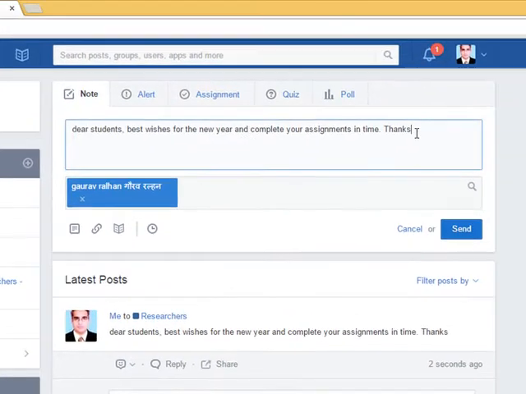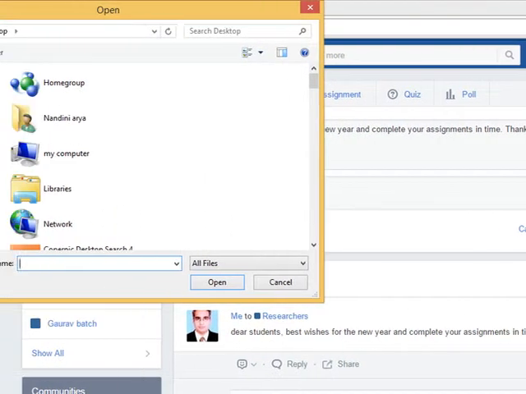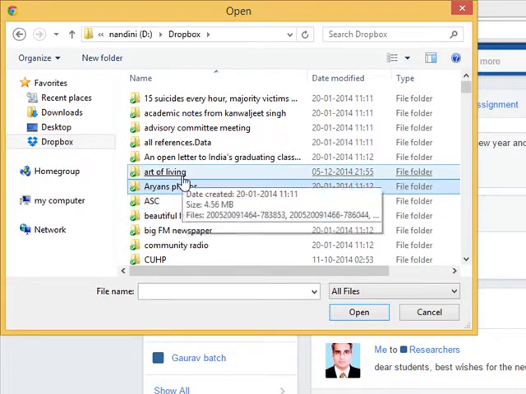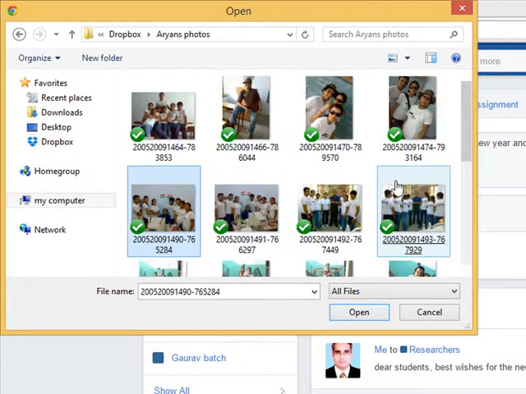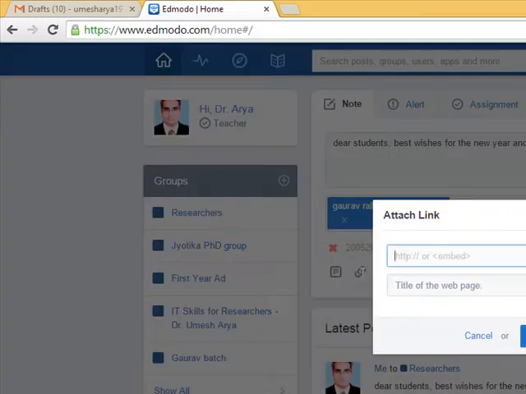Along with this post, I can attach many files. For example, I can attach a file from my computer, for example this photo, or some link from a website, for example youtube.com/Umesh Arya.